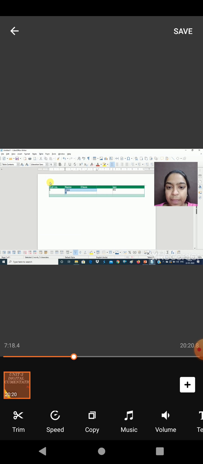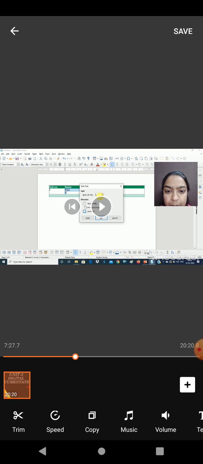Okay, and if you want to split the cells, then you have to go on split. Then a dialog box will appear.